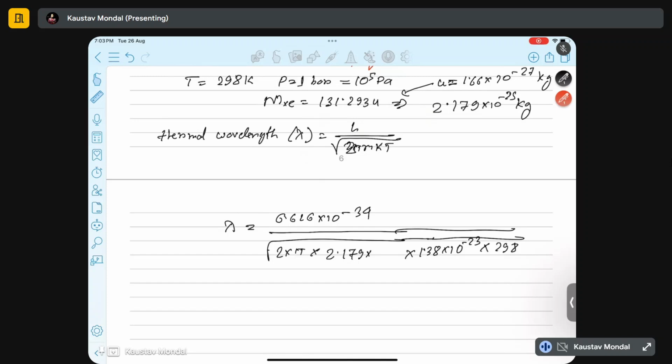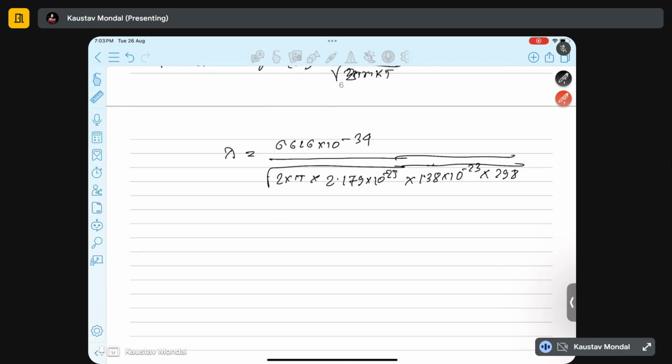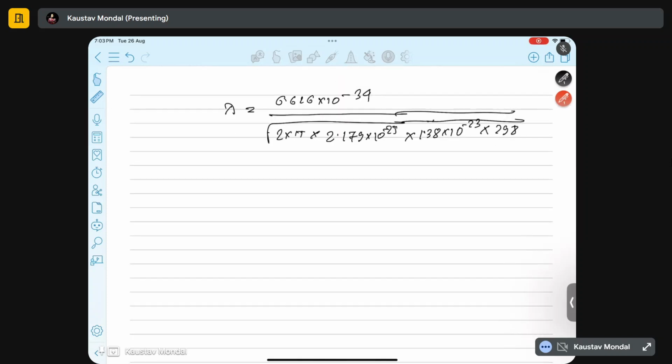2.179 into 10 to the minus 25. Okay, so now the lambda value we got there. If you calculate this, you will get lambda as 8.82 into 10 to the power minus 12 meter, again in picometer unit. So now the entropy